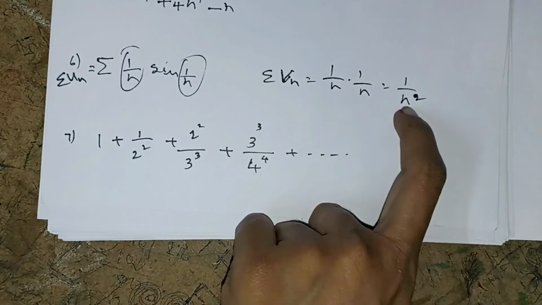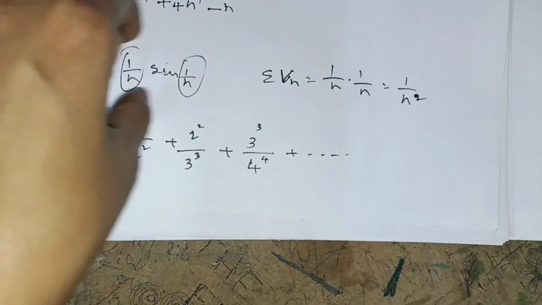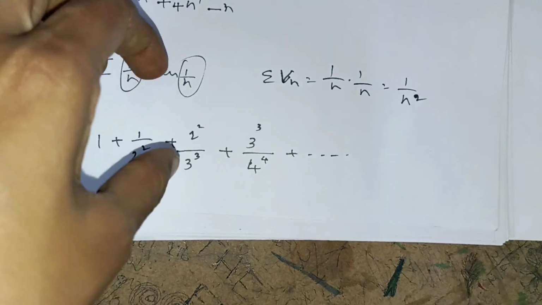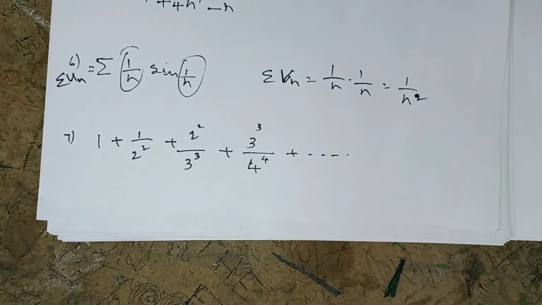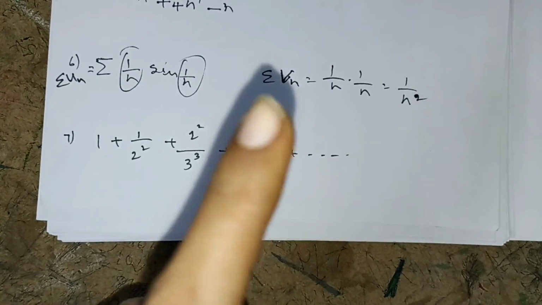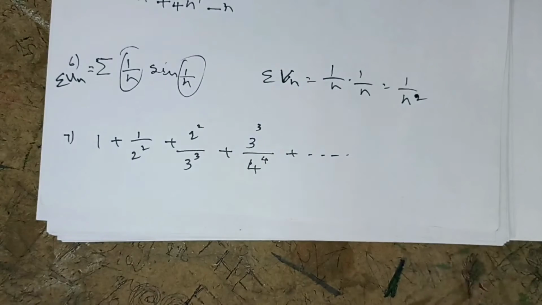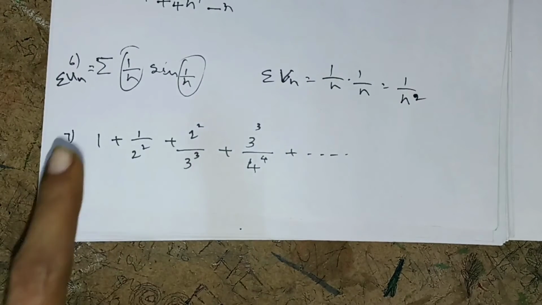Now limit n tends to infinity un by vn. After choosing sigma vn, in un by vn all the terms of n get cancelled. After that, it becomes limit n tends to infinity of sin theta by theta, that is sin 1 by n over 1 by n, which is equal to 1, a finite number. Limit n tends to infinity, sin theta by theta is always 1. And therefore you can write the conclusions.